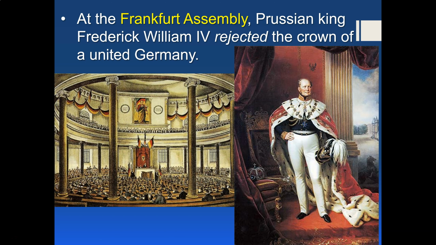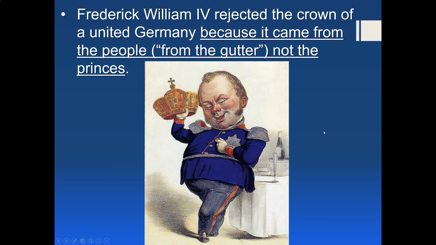What happens is, in reaction to those revolutions, German states send delegates to something called the Frankfurt Assembly in Frankfurt, Germany, and there the delegates announced that they were going to offer up the crown of a unified Germany to the King of Prussia, Frederick William IV. But Frederick William IV turned down the crown of a unified Germany because it came from the people. He didn't see the people as having the power to offer him a crown, so he turns it down. He said he would only take it from the princes of the German states, not the people. So the German Revolution, you can argue, is like those other revolutions, a bit of a failure.